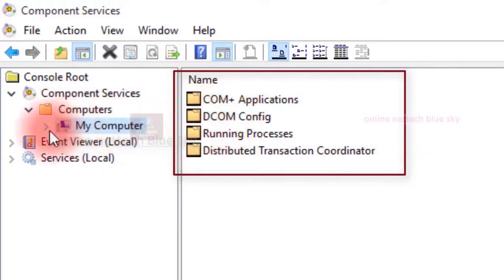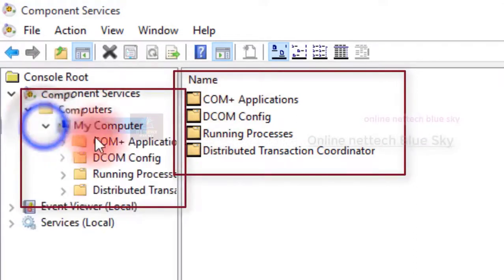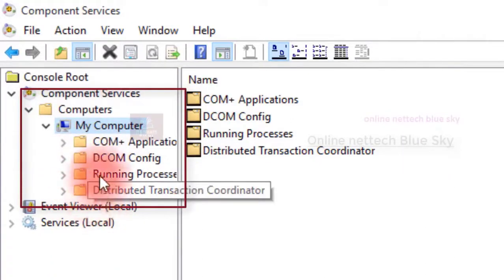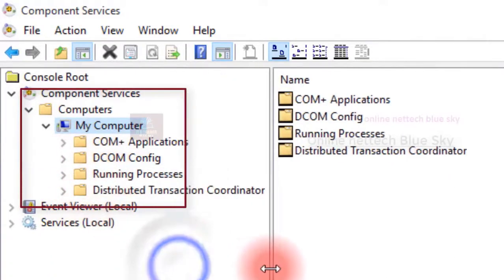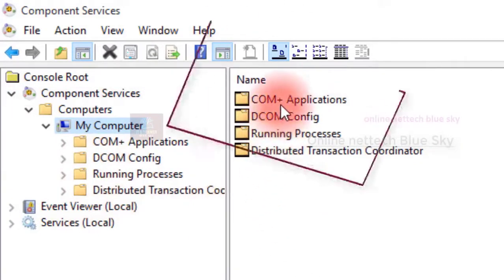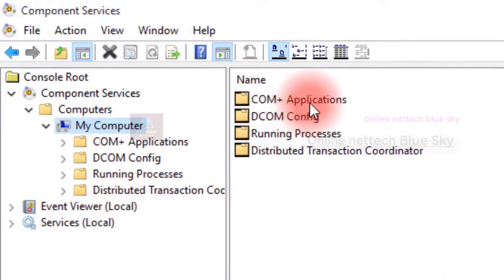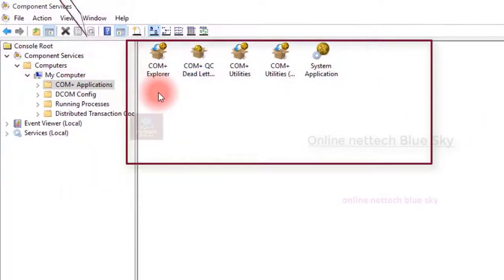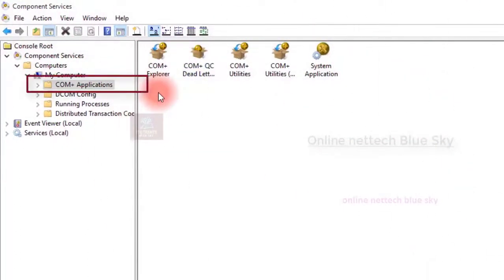You can check here, and you can click on this tree to see the settings available. It is called a tree. Okay, so remember, COM+ Applications, I am working from here. And what is a COM+ application? Some applications do not open directly, because they always work